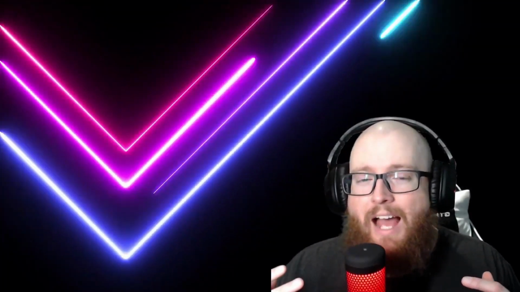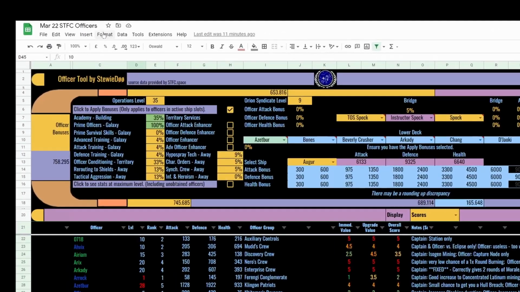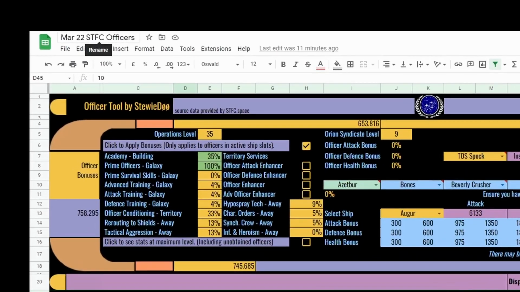It will likely take a few videos to fully unpack everything we went over on that 2-hour call. So in this video, we're going to focus on one of the things that StewieDoo considers highly important: migration. Let's get into it. So if you see on my screen here in my March 22 Star Trek Fleet Command